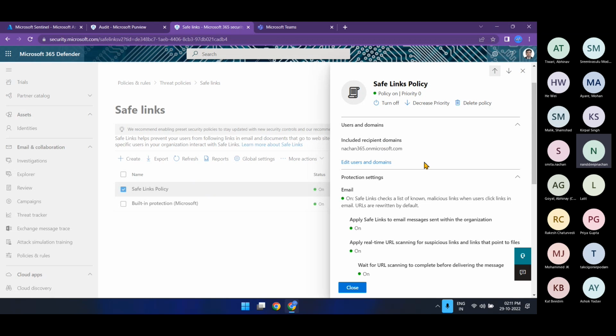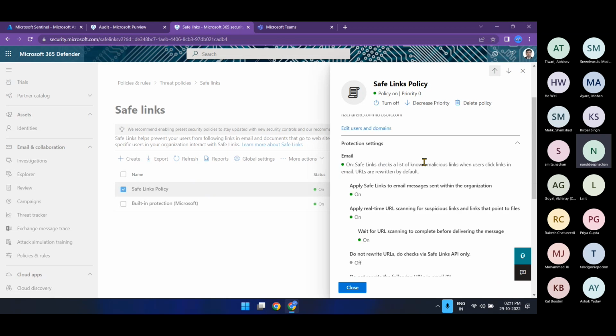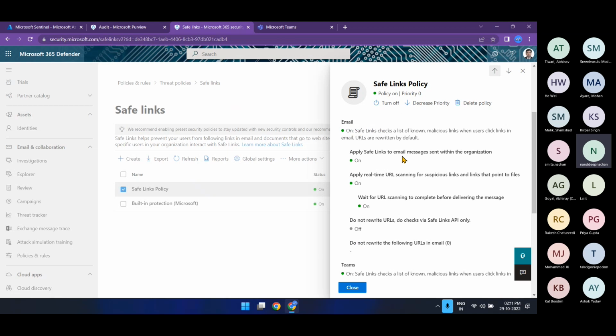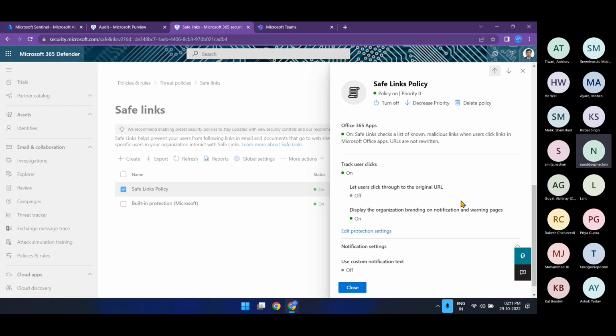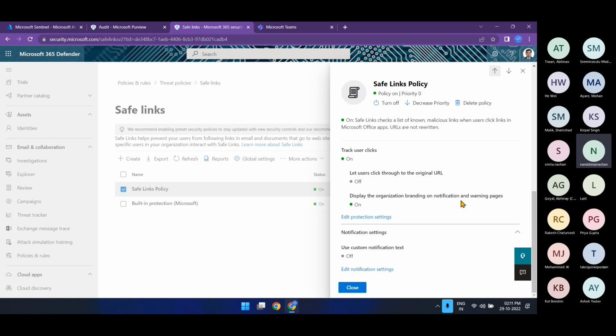So you can define that, and you also need to configure which protection settings you want to apply these settings for. In this case, I had only selected email and Teams. These are the two places from where we want to have that URL scanning done. And then once that click-through experience has been done, how you want to track the user clicks. All of those configurations you can define,